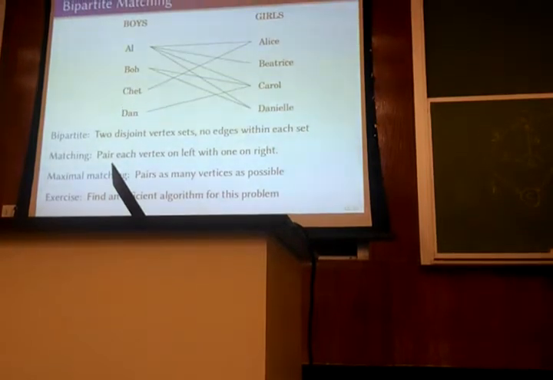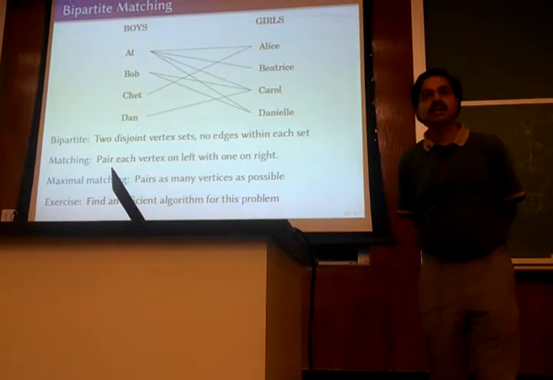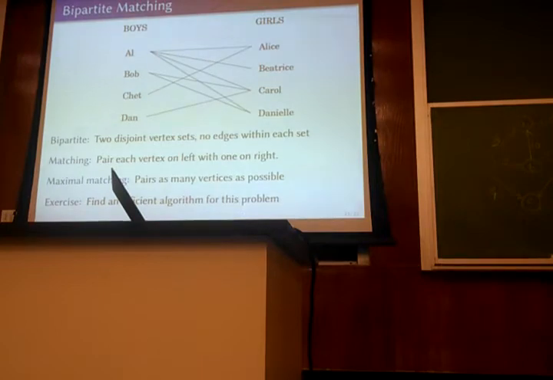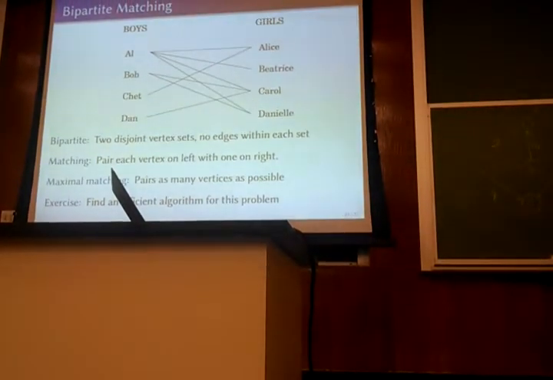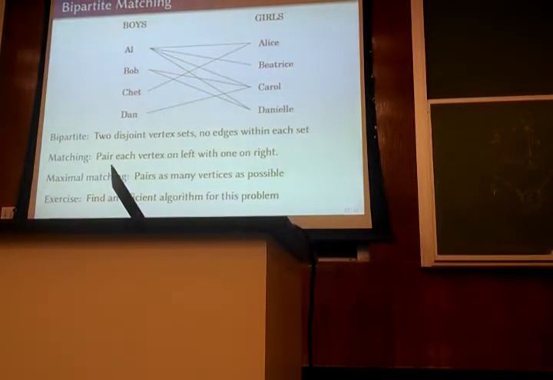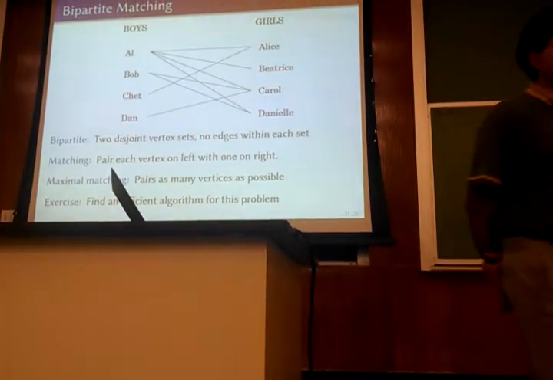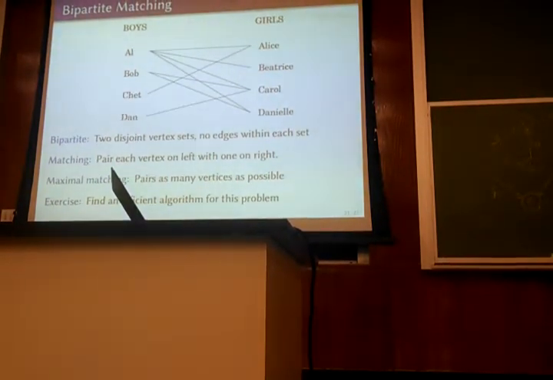What would happen if, let's say, I allow the source to send 2 units to Al? Right, then he can marry 2 girls, right? So that's the problem. We want matching, which means that if Al is part of the matching, Al should be sending something to 1 girl and only 1 girl, right? So as a result, the way you solve this using this max flow algorithm is that you create a